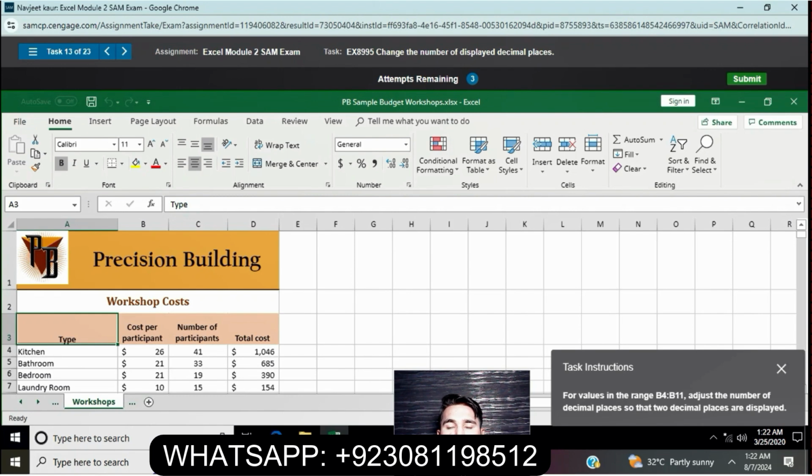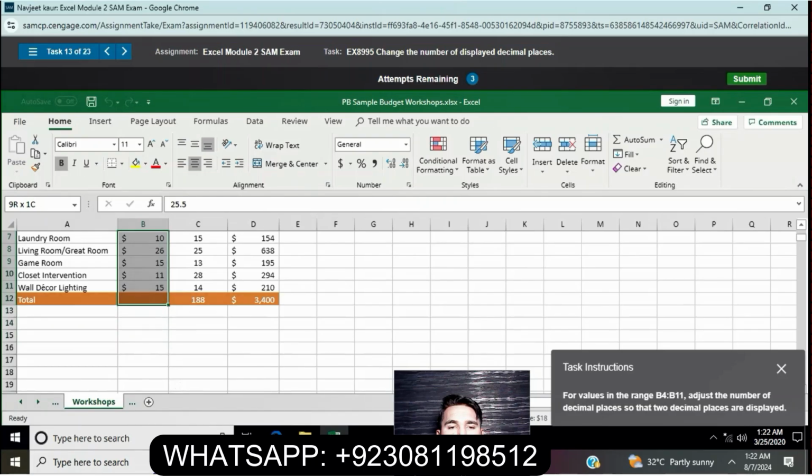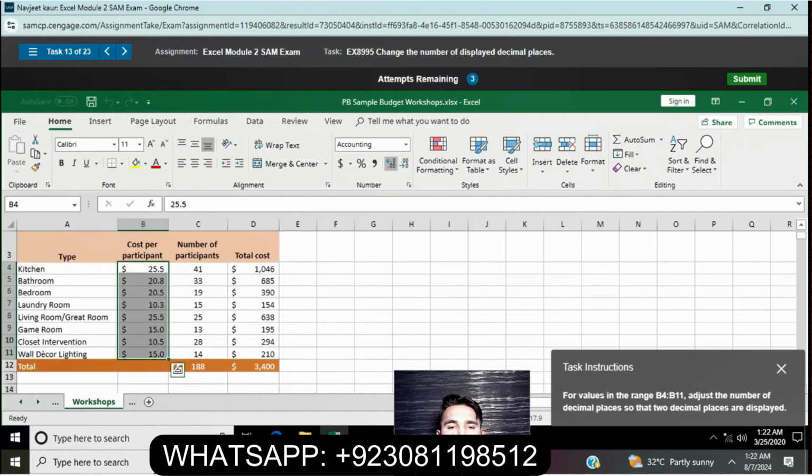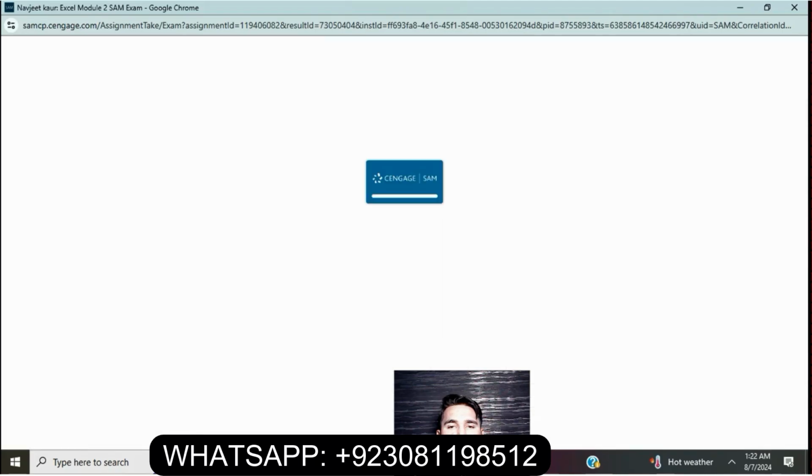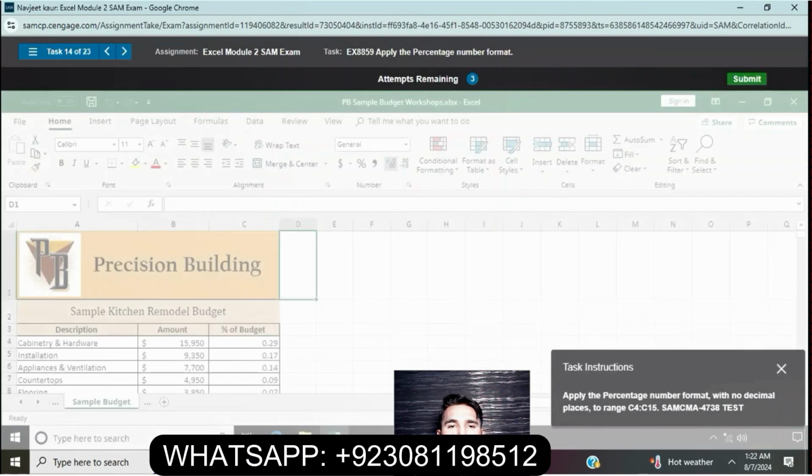First we select this range, then adjust the number of decimal places. Answer is not correct. Okay, I have done this.